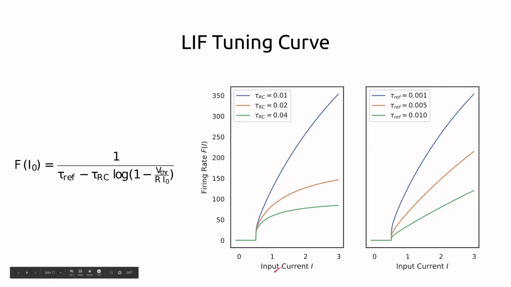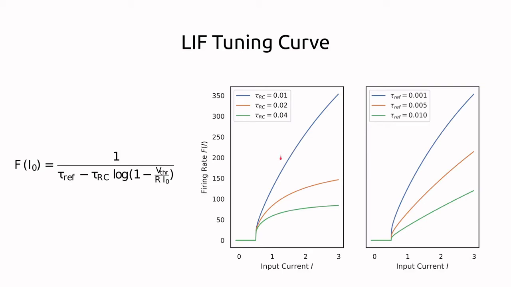And this firing rate gives us a tuning curve, as seen here for different values of the time constant tau RC. And on the right, we have the tuning curve for a fixed time constant, and then with different values of the refractory time period. And so what we can see here is that as we increase the time constant,